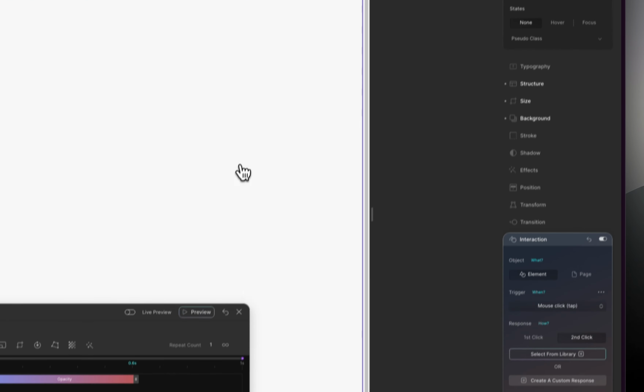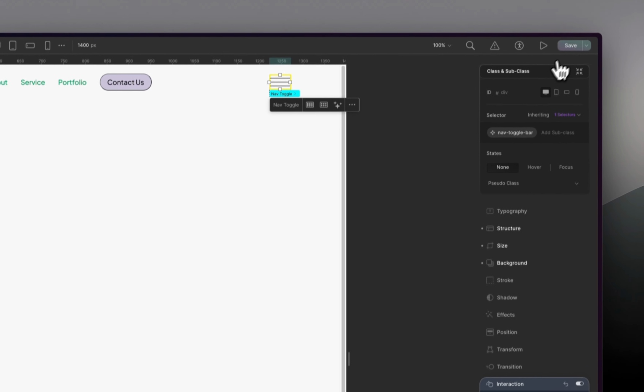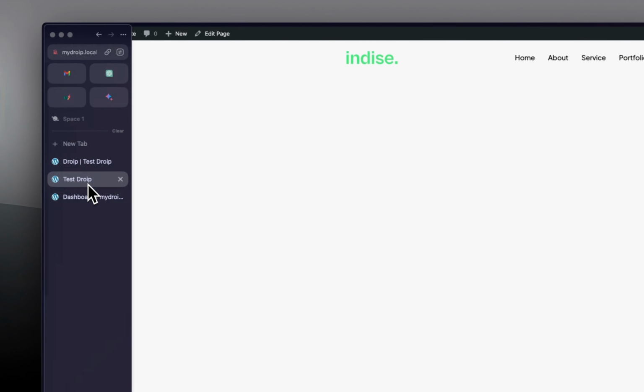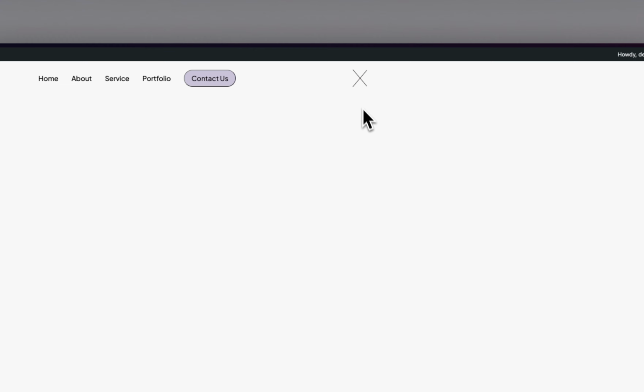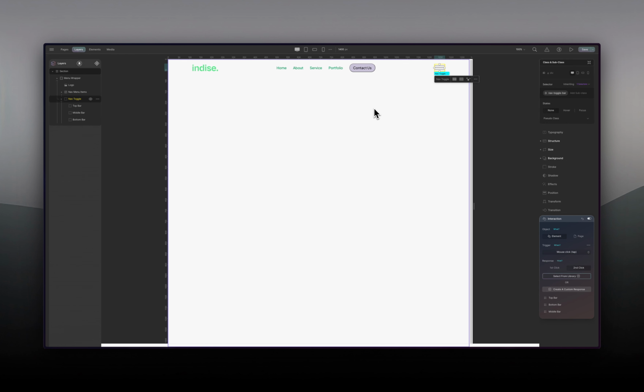All right, so we've done everything that is needed, and then we're just going to save that, go to the front end, refresh, and then click on here. So it changes, you click on here, it comes back, it changes, and it comes back. You see, really cool. All right, so we have done this. The next thing that we want to do is that we want to make sure that this one only shows on mobile. Only shows on mobile.